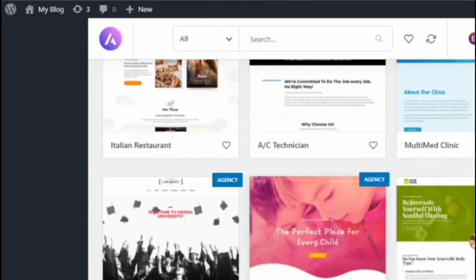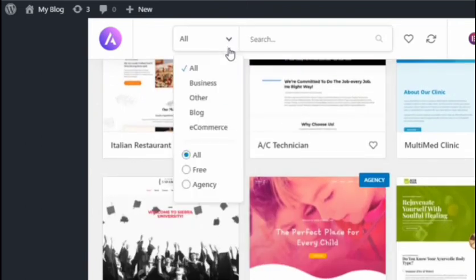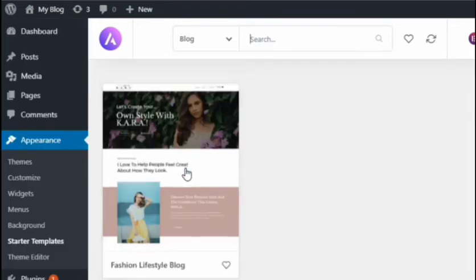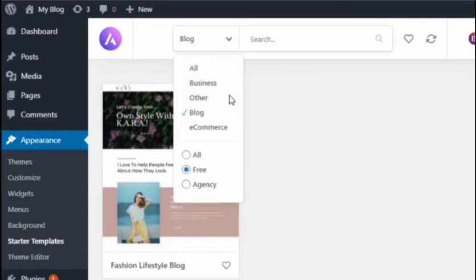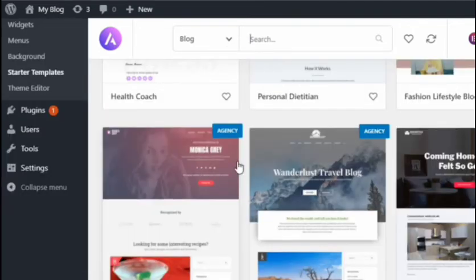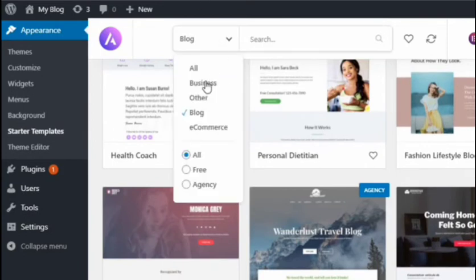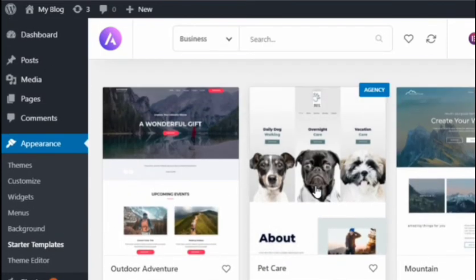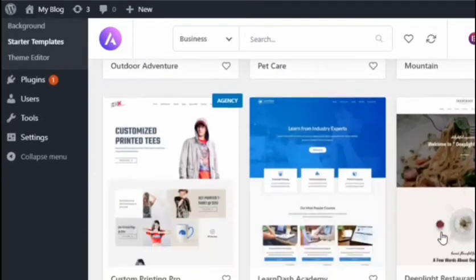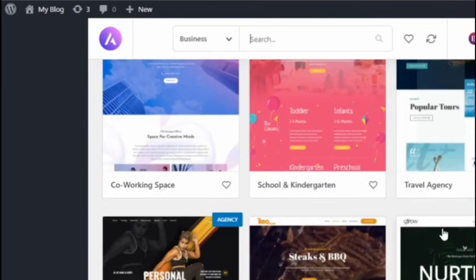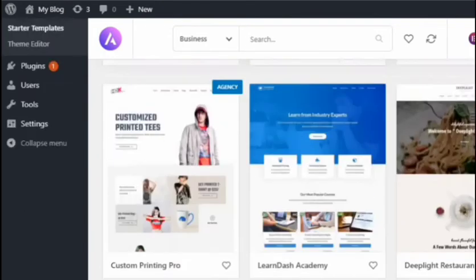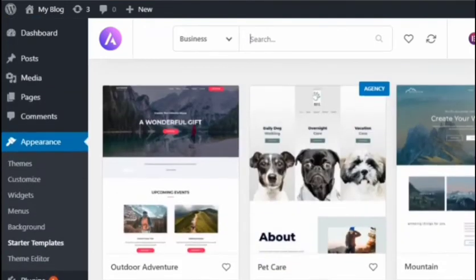If you want, you can even click on the drop down box where you can choose blog, and it will show blog related website templates. See, it will filter and show you. Some filters are there, so you can choose from that. So I'll be choosing that mountain theme. But if you want, you can try any free templates which are already available. I'm choosing the mountain one.